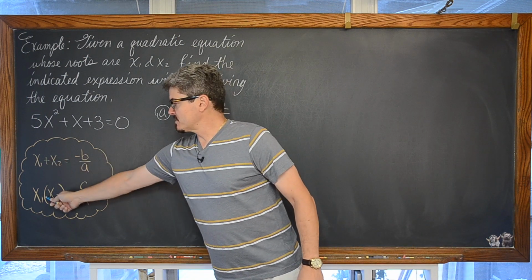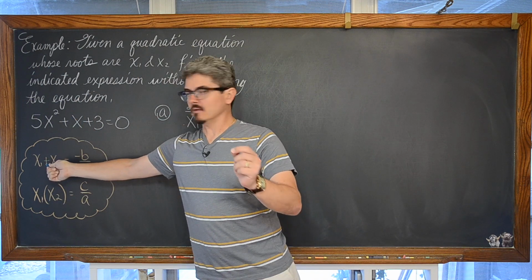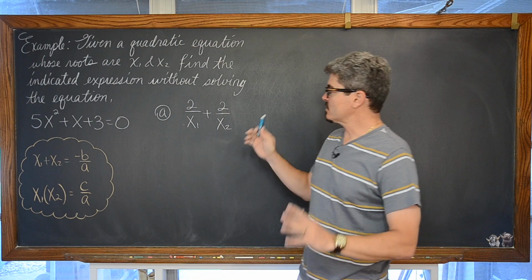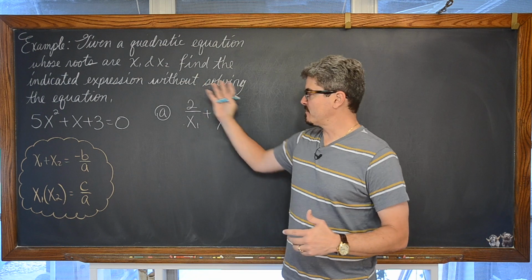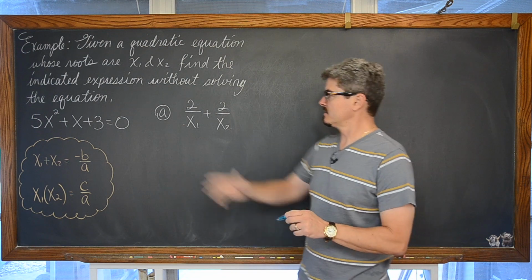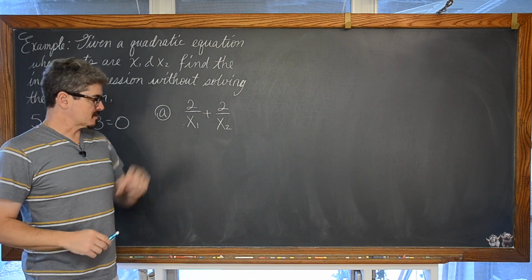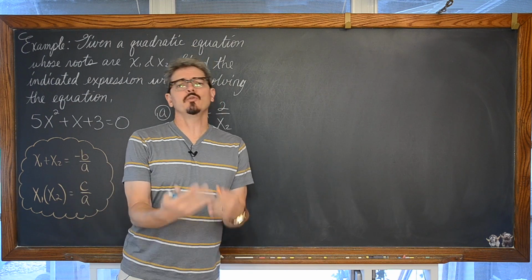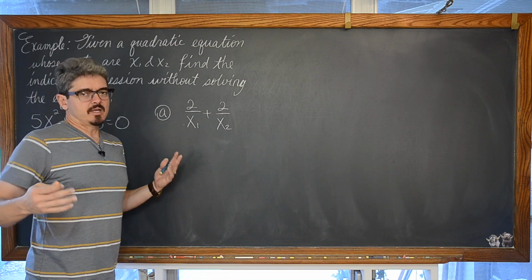The relationship of our roots to this polynomial and the coefficients is based only on sum and product, not subtraction, not division. So if I can't rework this expression a little bit to develop a sum and product of these roots of x sub 1 and x sub 2, we're not going to be able to evaluate it, at least not without relying on solving this. So how are we going to manipulate this expression to create some sums and products of roots? Well, just try something like you did in your geometry two-column proofs or your trig proofs in pre-calculus or trigonometry. Just do some algebra and see if something nice happens.